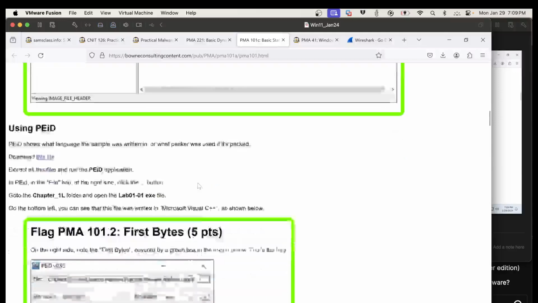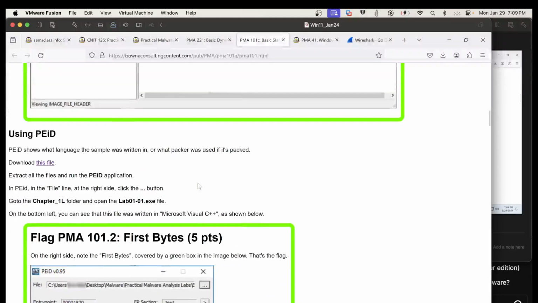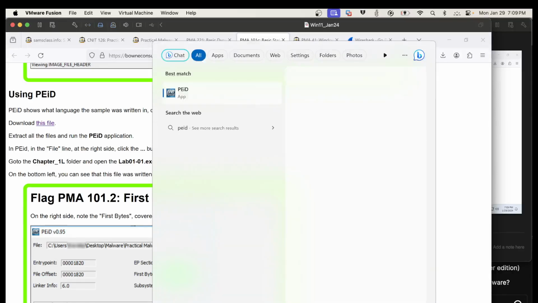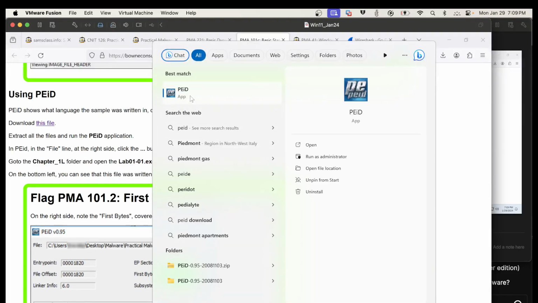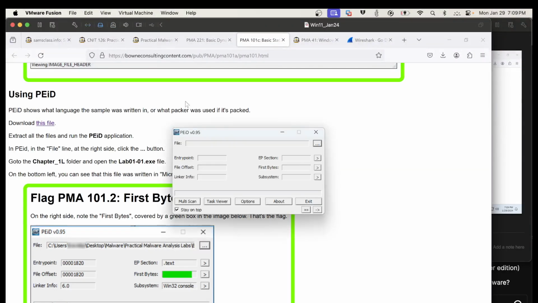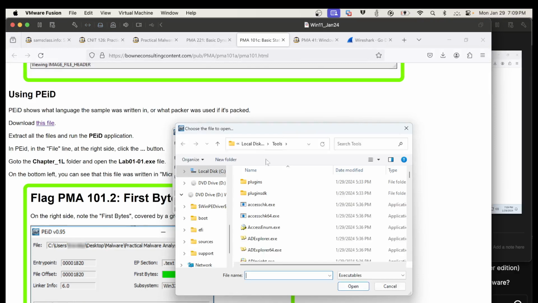All right, and then there's PEiD. PEiD is an interesting program. PEiD tries to figure out what language the program is written in. So I'm going to close PE View and open PEiD. It just uses a whole long list of signatures for various languages. All right, and now I open the file here, and that will be,